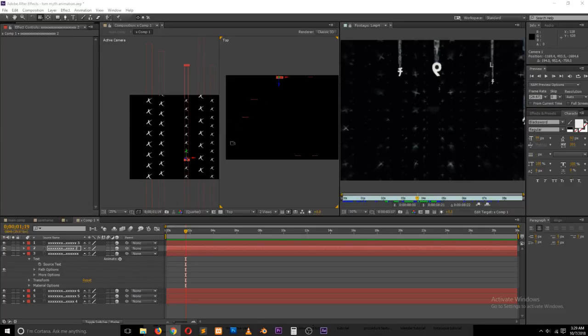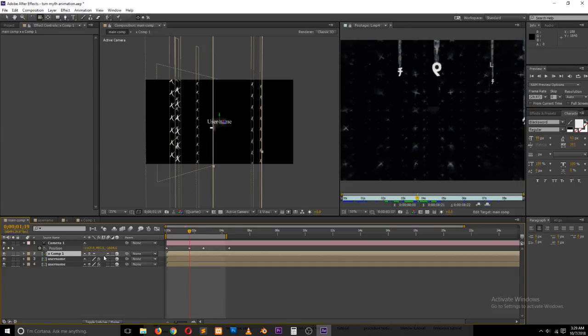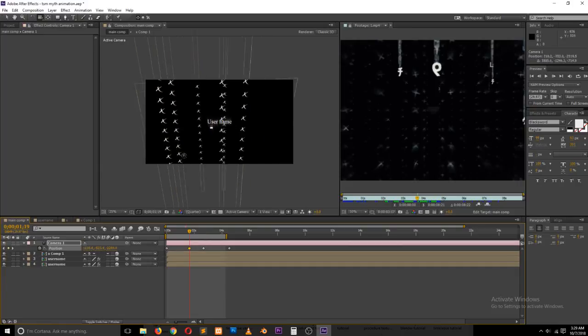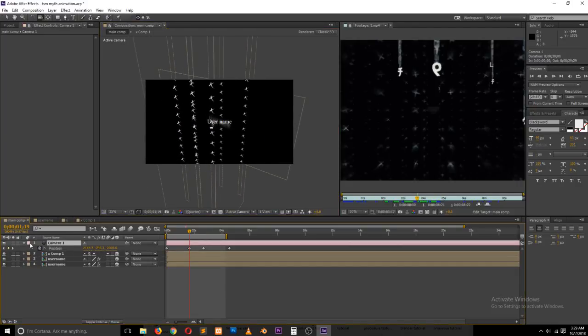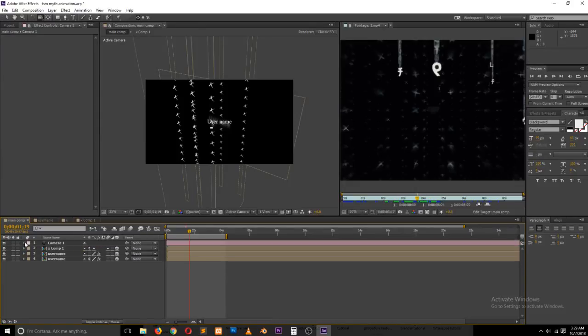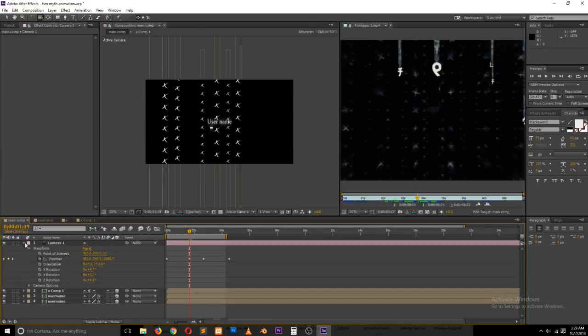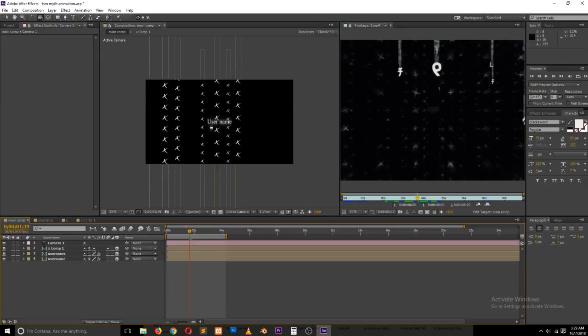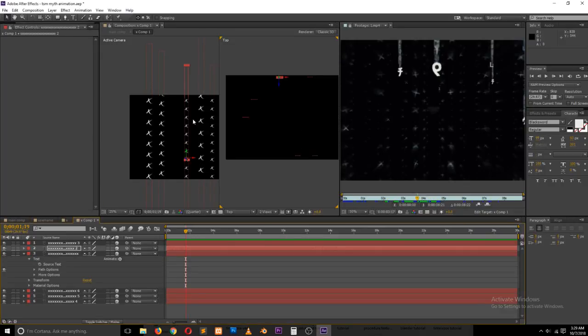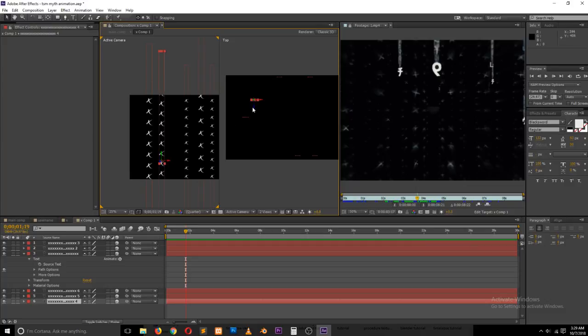So even though we have these in a different composition, they're still affected by the 3D camera in this composition. So let's reset this camera. So reset that. And randomize, come back to this composition and continue randomizing some of these characters. So we want to have some small ones and just increase